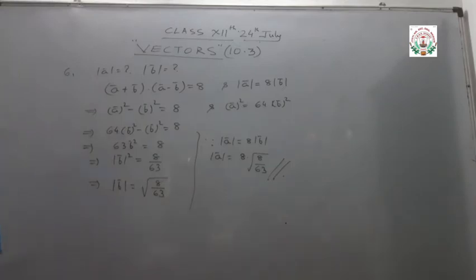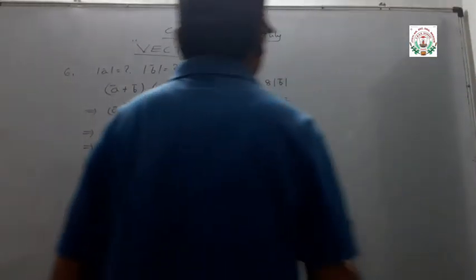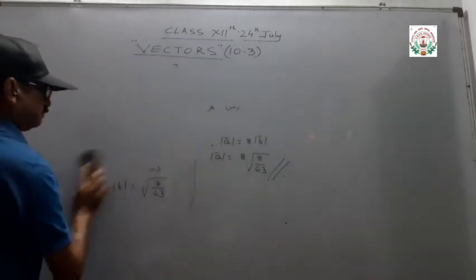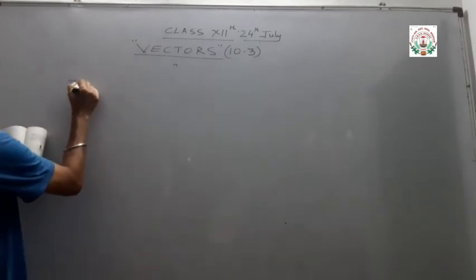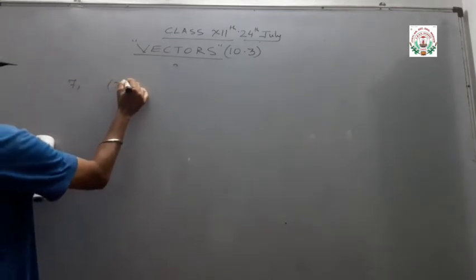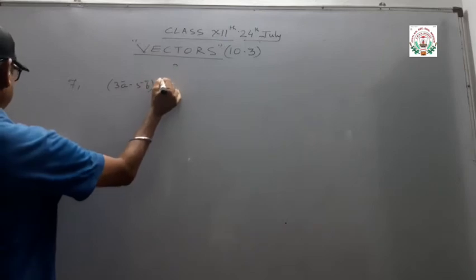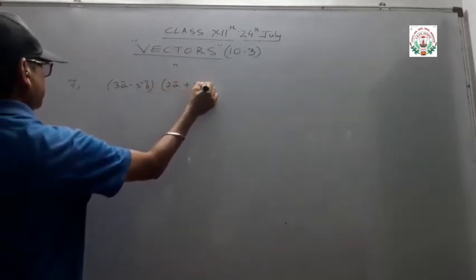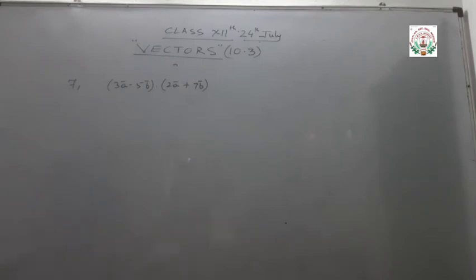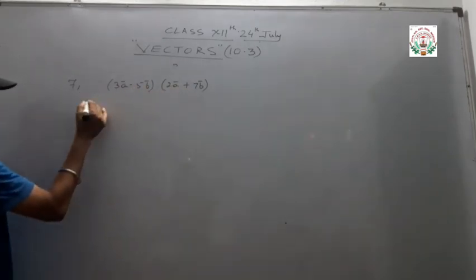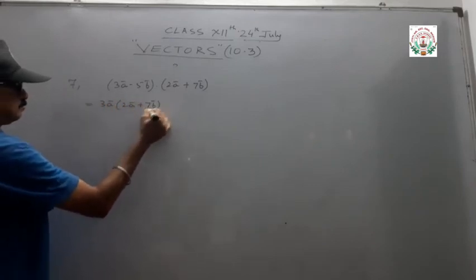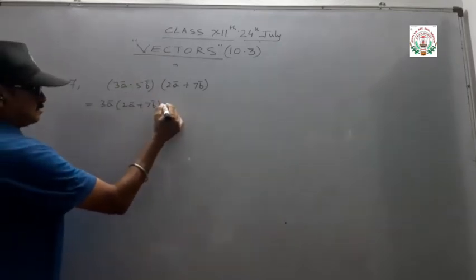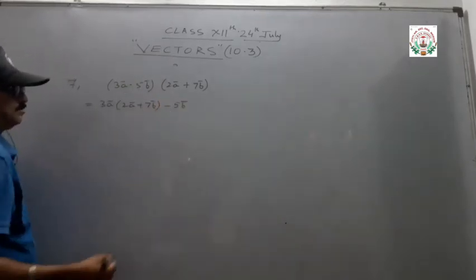Now next question. Question number 7. Evaluate the product (3a vector minus 5b vector) into (2a vector plus 7b vector). So for this evaluation, we just do the horizontal multiplication. 3a vector times the second bracket terms, 2a vector plus 7b vector; then the second term of the first bracket, minus 5b vector,